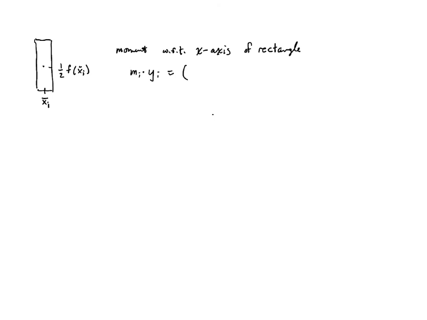And so the mass, again we computed previously, is rho times delta x times the height of the rectangle, so f of xi bar. And now we're multiplying by the y-coordinate, which is 1/2 f of xi bar. And so the total moment